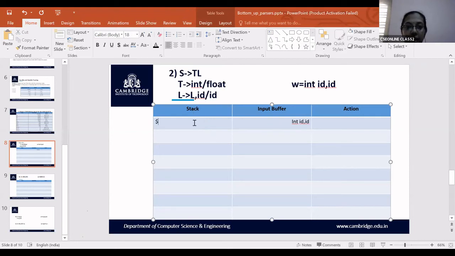Initially the stack top has got nothing, and the symbol from the input buffer should be shifted onto the stack top. Which is the first symbol?